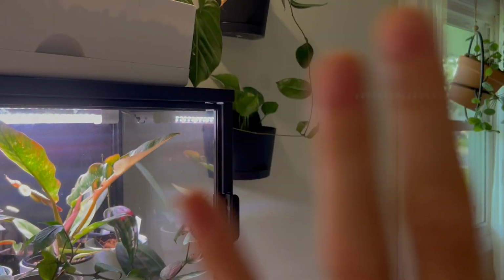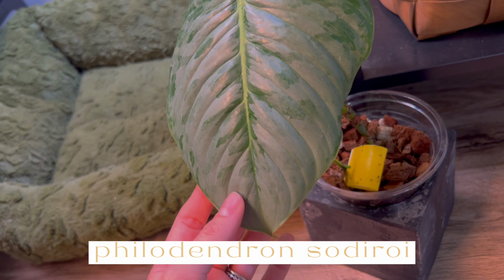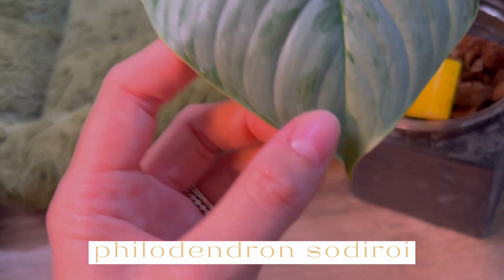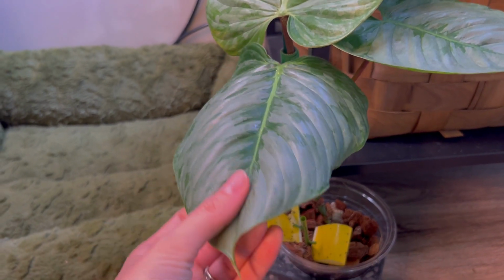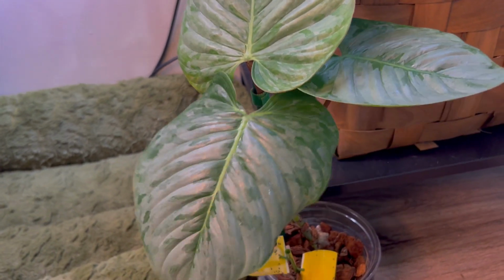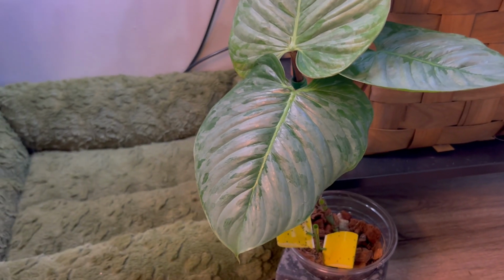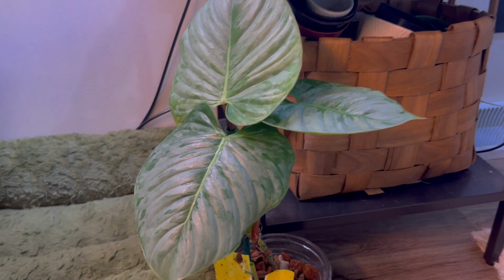Last few things are right here and in this corner right here. So hang on. So this is my philodendron soderoy. She had a questionable insect on her. I'm really not good at pest identification other than spider mites because they obviously have cobwebs, but it was just like a black dot. I don't know if that's a thrip or a spider mite. I don't know. Please let me know and help. But I sprayed her down with my Dead AF and washed off her leaves, and I'm just letting her sit out here. I haven't seen anything since, and I've been looking pretty close, every day,